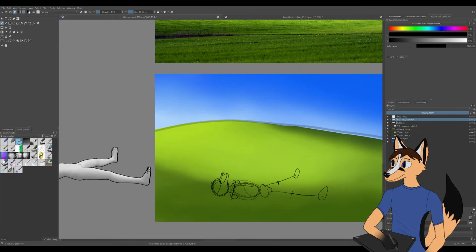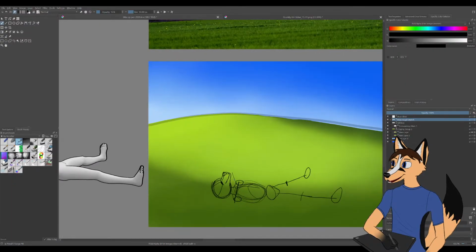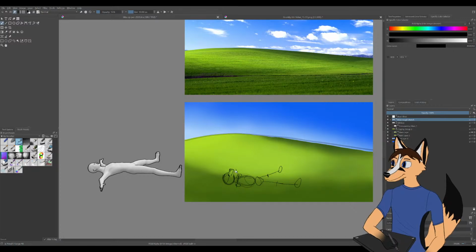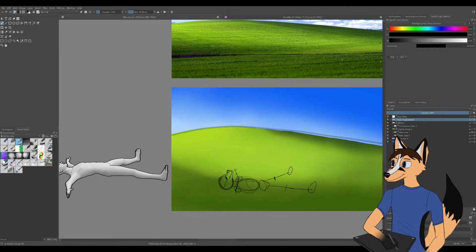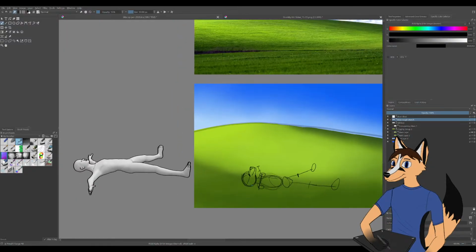But I need to have kind of similar proportions at least. So I need to make sure, let's see, the hand is basically right there and the elbow is there. And then for this, the elbow is like right here. Let me move this up a little bit, and the hand is here-ish.